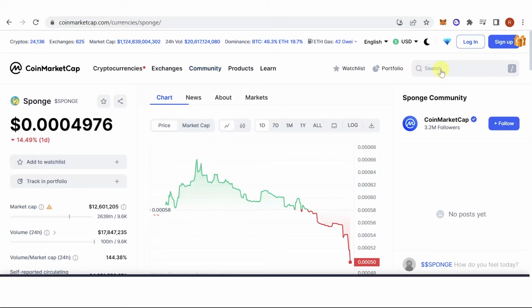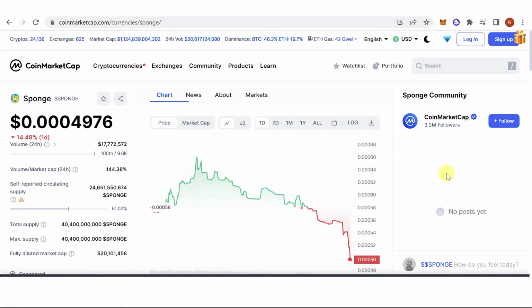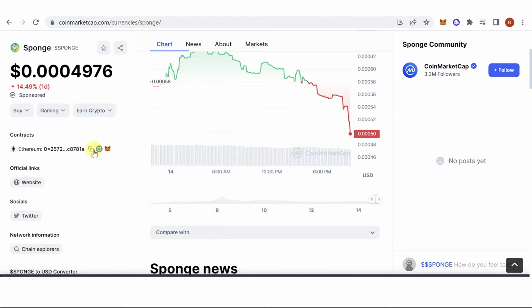On the search bar, type down Sponge, and you will see this. So you are going to need to copy the contract address. Click here,